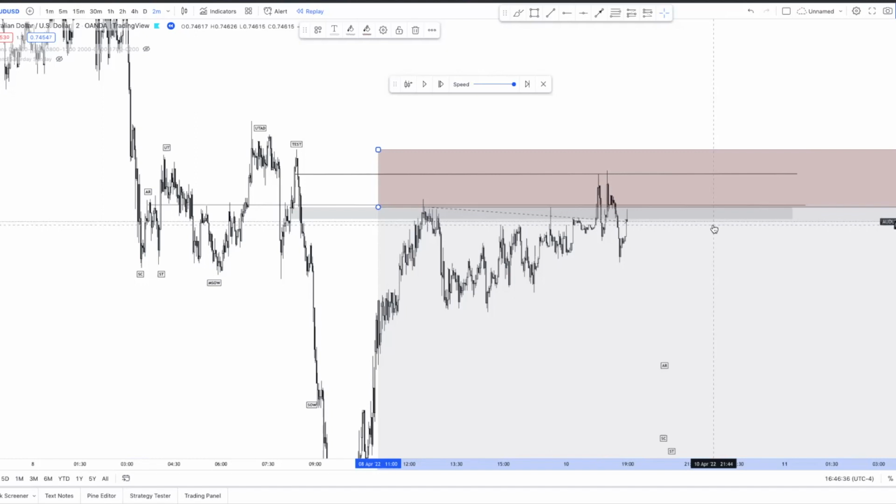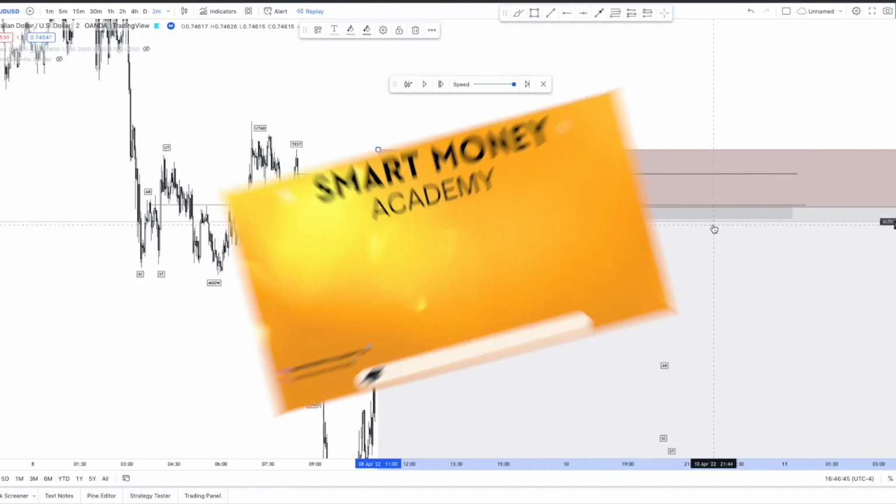Okay, so that's what we have for imbalance versus order block. The next example we're going to move on to is